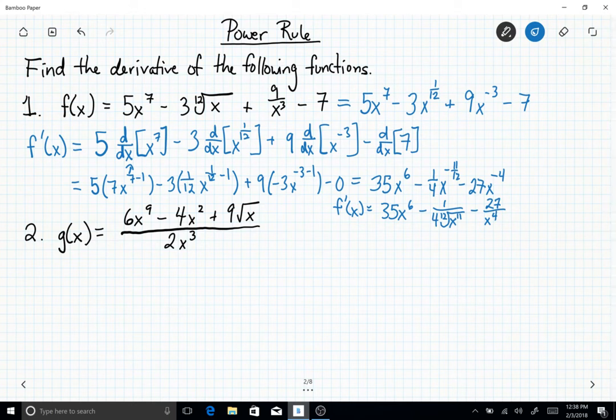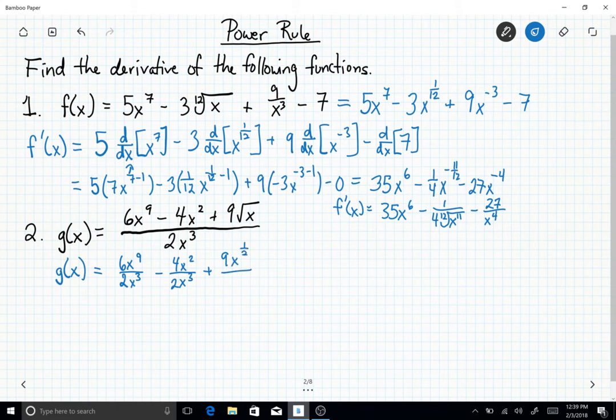Okay? So moving forward, we can try and figure out g prime of x. The first trick to this one, though, what I'd recommend, is rewriting g of x. Notice in the first case, we didn't mess with f prime of x right away. We simplified f of x first, and the same thing applies here. So what we can do is write this as 6x to the 9th over 2x cubed minus 4x squared over 2x cubed, and then plus 9, and that's x to the 1/2